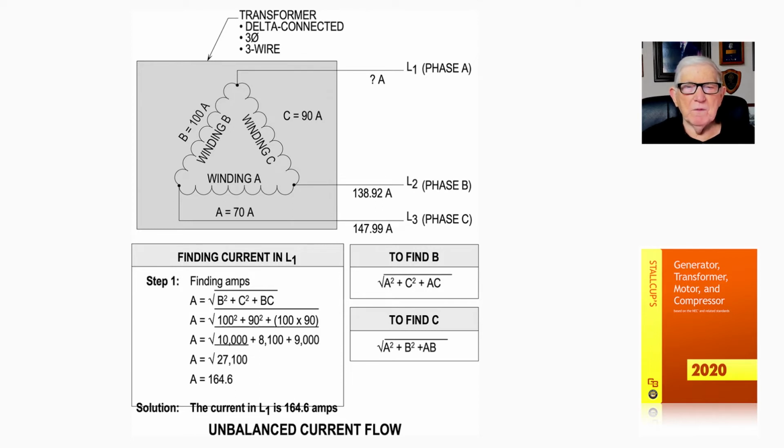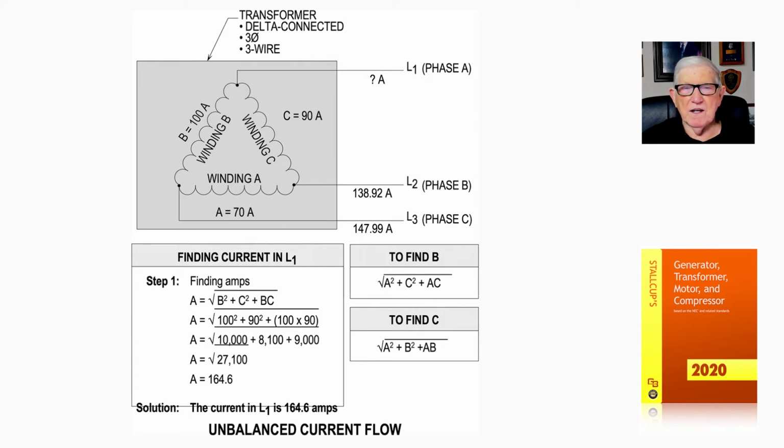So the formula that we would use would be A is equal to the square root of B squared plus C squared plus BC. So looking at the formula then, you would have in B 100 amps, you'd have in C 90 amps in the winding, and then you would have 100 times 90. So we would come up with 10,000 plus 8,100 plus 9,000. Now when we do our math, that'd be 27,100 in the square root, as you see in the boxed in information,